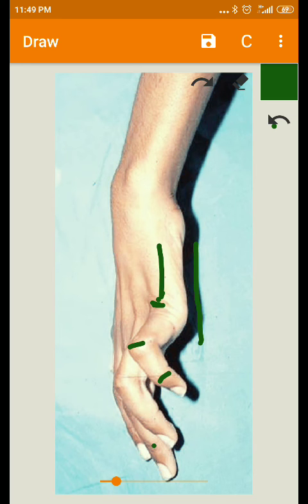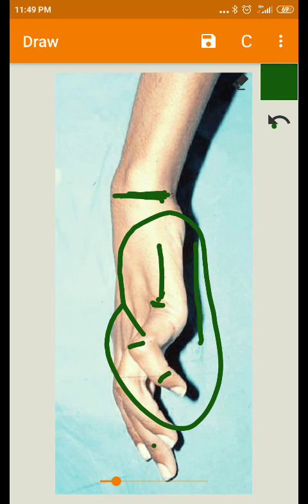The claw hand deformity is more obvious in wrist lesions than in elbow lesions. So if there is damage at the wrist, we can see more claw hand deformity than at the elbow, because in wrist lesions the flexor digitorum profundus muscle is spared. So this causes marked flexion of the terminal phalanges. If it is at the elbow level, the terminal phalanges flexion is not possible.